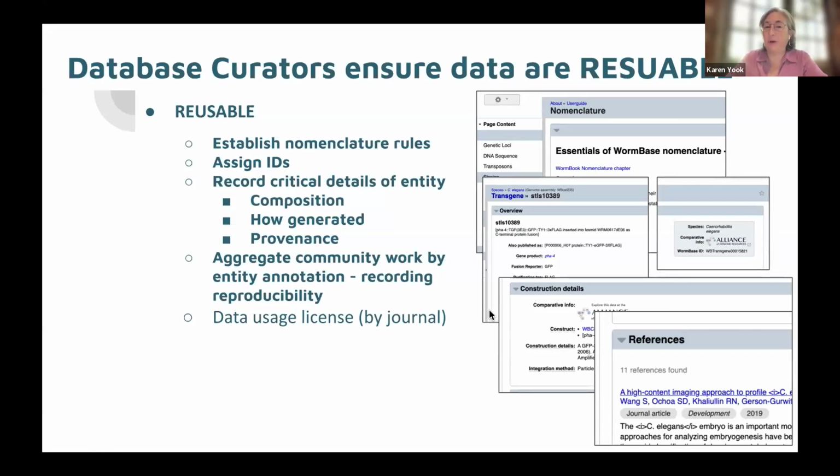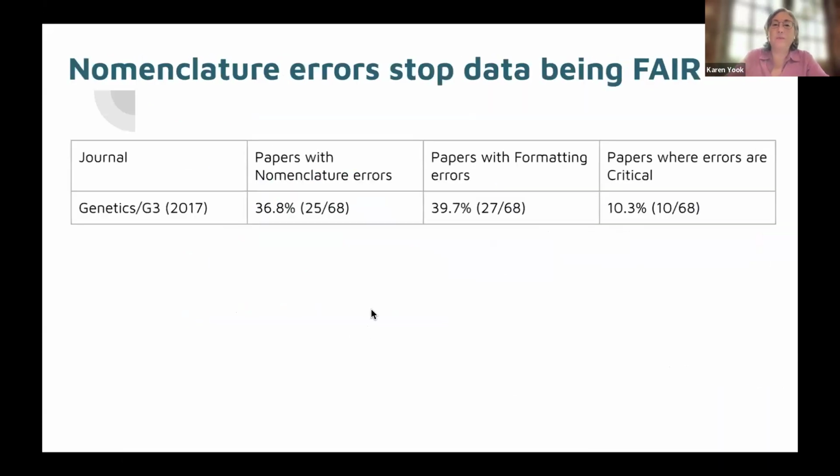Another thing that is part of the reusability criteria is that data usage licenses are known, but these are really established by the journal. So let me show you some examples of how what we do is really important. Looking at genetics papers in 2017, genetics in G3, papers published by the GSA, just a survey of 68